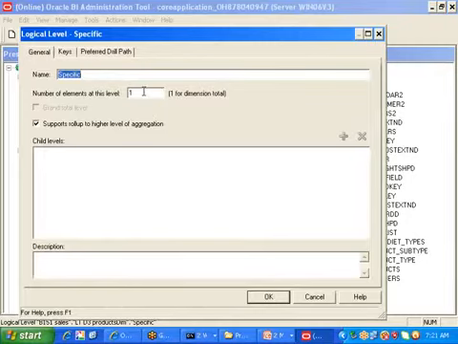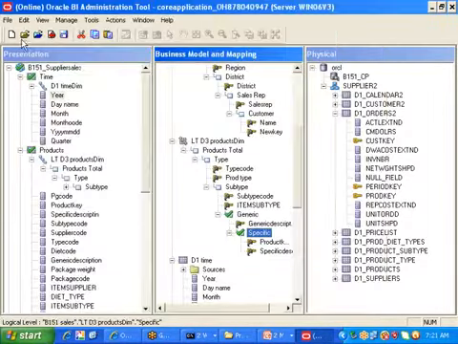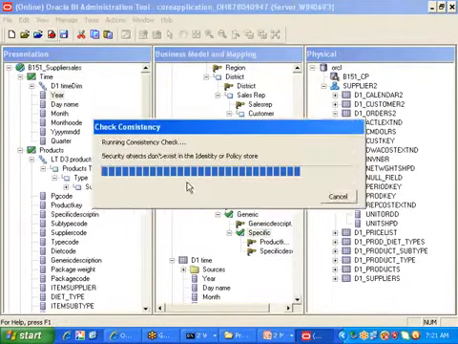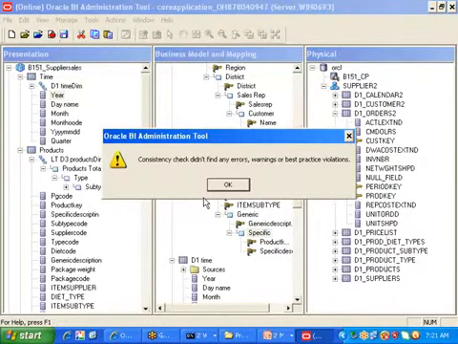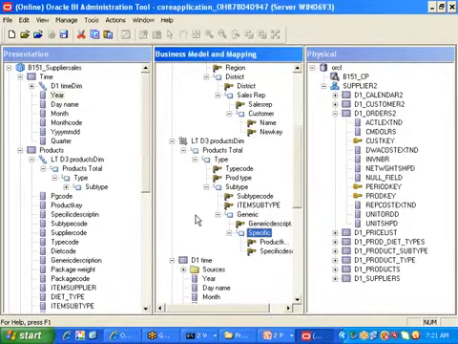The rule is what, sir? Top to bottom, it should be in increasing order. It's not obeying that rule. That is the reason it's throwing a warning. I am giving 100 here. Click on OK. Now if you go for check in changes, ideally you should not get that warning. Now you didn't get that warning. Click on OK. Right. My RPD is now perfect. I checked in also. I saved it.